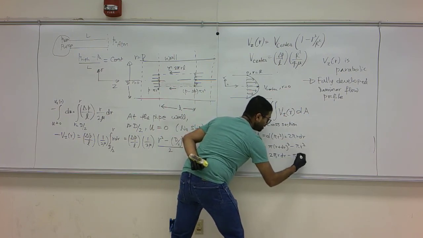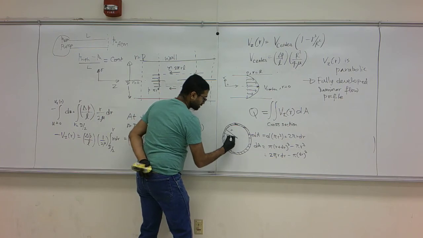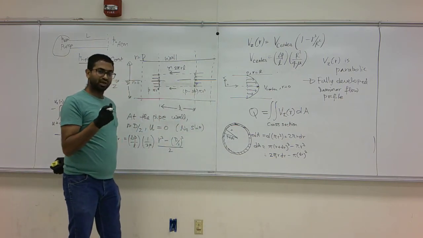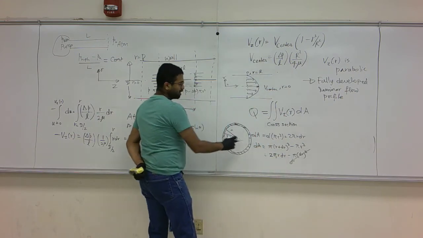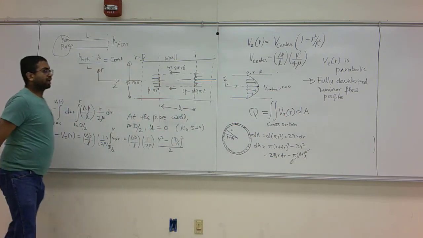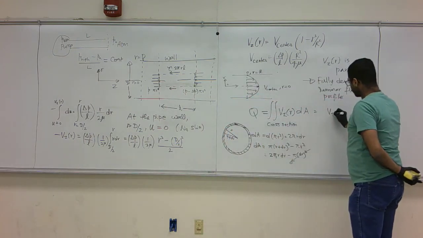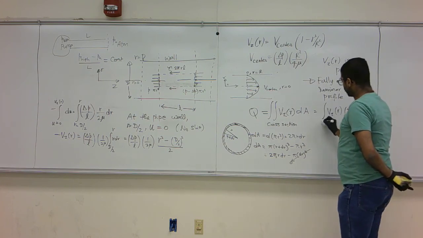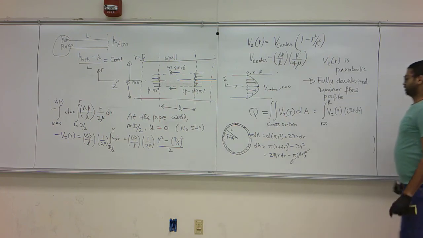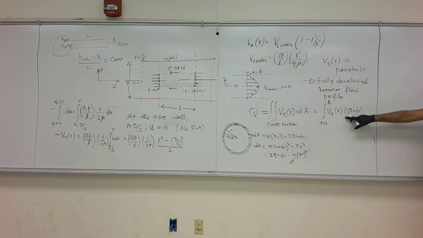minus pi dr squared. We think that this dr is such an incremental change that the second power of that increment is negligible. So we say that dA is approximately equal to 2 pi r dr. In either case, the area of cross section is 2 pi r dr integrated from r equals 0 to R. This is very important. The velocity profile integrated over the cross section area gets you the volumetric flow rate.